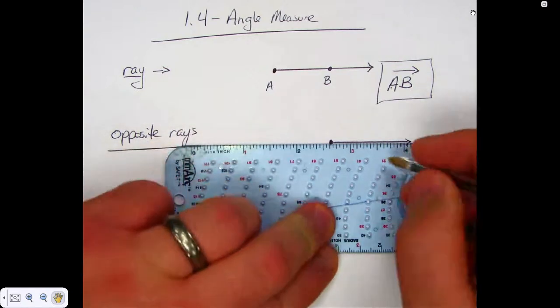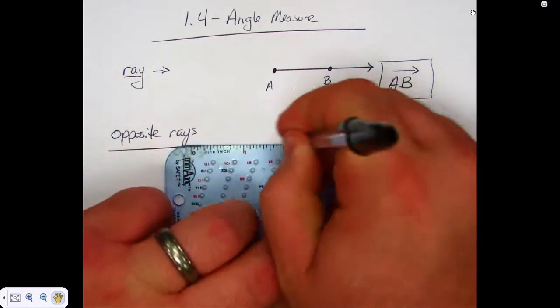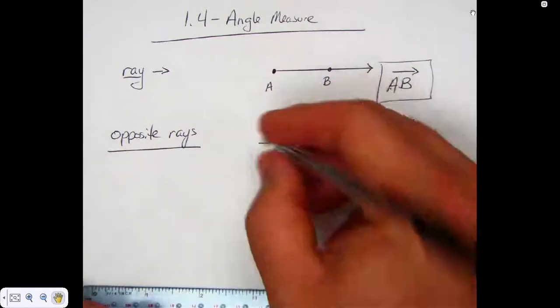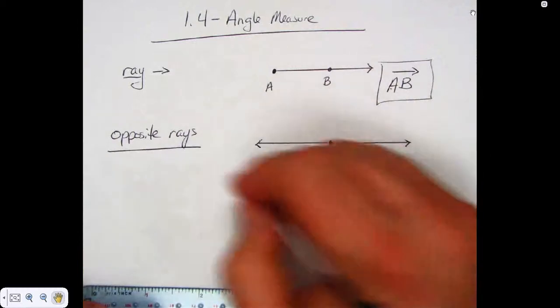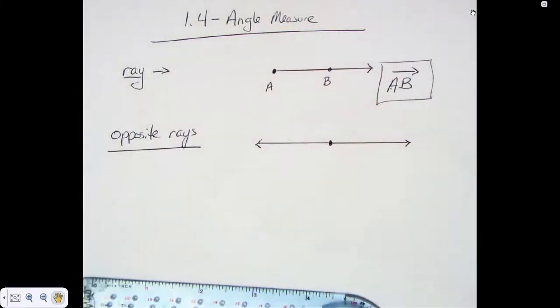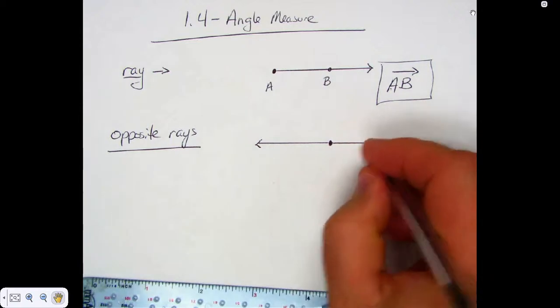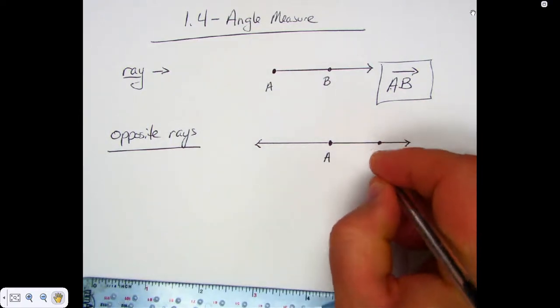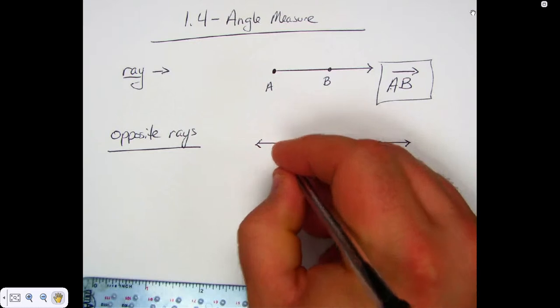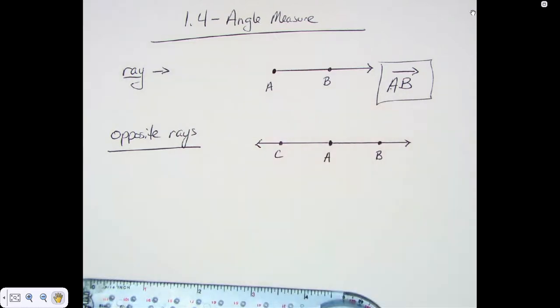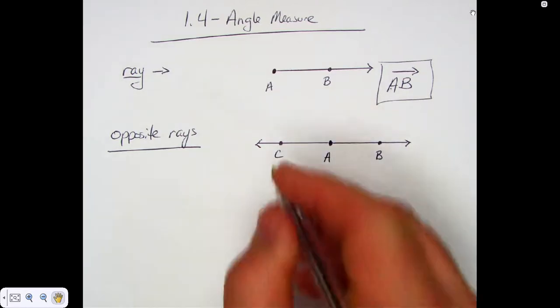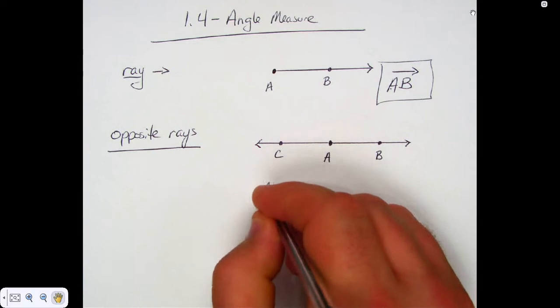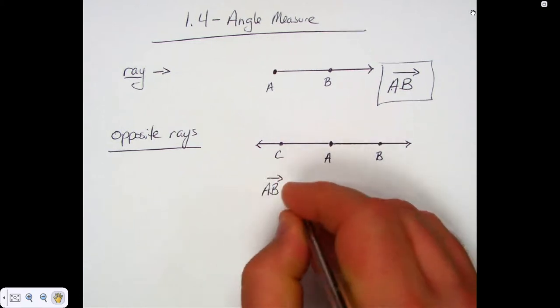So it'd be on the same line, it would just go the opposite direction, and together, what did these two rays combine to make? A line, don't they? So you'd have a ray that started, let's say, again here at A, this way to B, but then the opposite ray would go what? Through C. So I could make the blanket statement that ray AB,